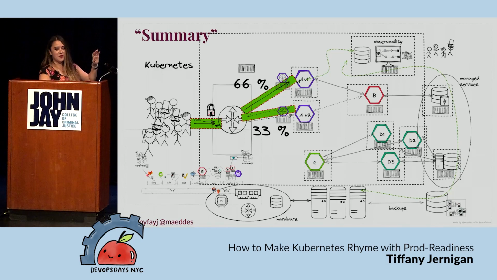So basically, in summary, there's a reason this whole thing looks chaotic. This is basically a summary of all the different things that I've just gone into. It's not just chaotic, on this slide it literally is, in a way, kind of chaotic. There are so many things that you actually have to worry about when you're trying to go from, here's my Kubernetes cluster, to actually being production ready.